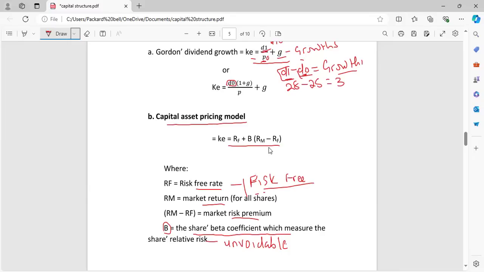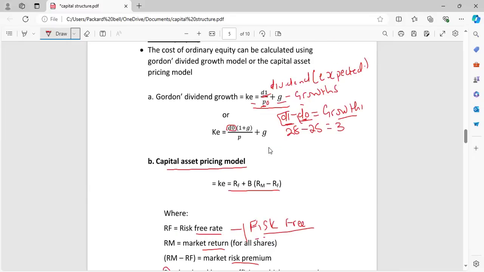But at your third level, you are not told which formula to use. You can use the one that you know. It's only when you are doing your second year when they will tell you to use the capital asset pricing model. But when you are doing your third level, you just need to know which formula you are comfortable with to calculate the cost of ordinary shares. Right, then